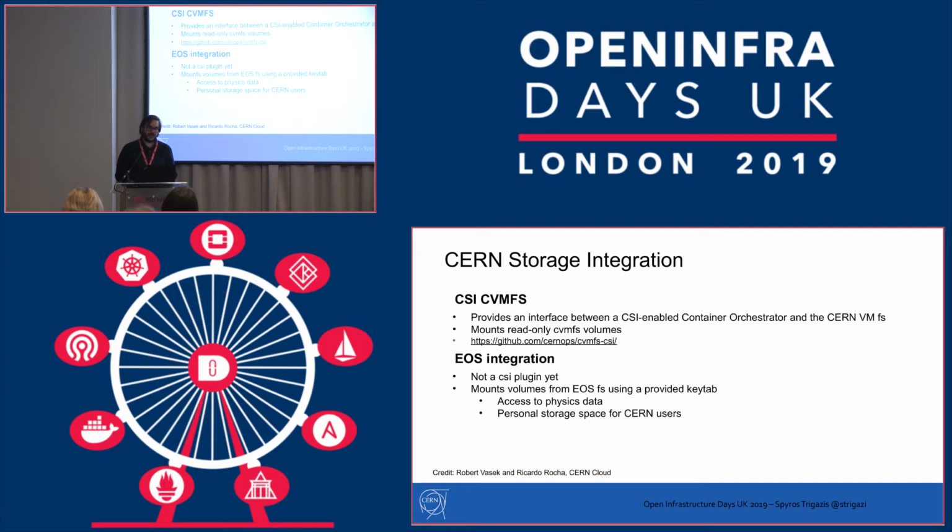This is how it looks like for the numbers that we have. We have 525. This number fluctuates a bit because we have a probe service that checks that the service works. So it might be 540 if I check now. And we have the number of nodes that I mentioned. And if you check the number of clusters that we have, measures are around 10. And the dominating number is Kubernetes, which is like 3 times more than Swarm. And for the Swarm use case, it's mostly one user that we have in the cloud that uses many, many